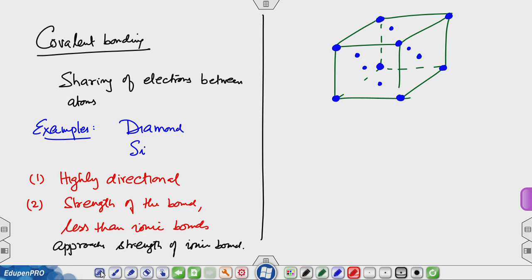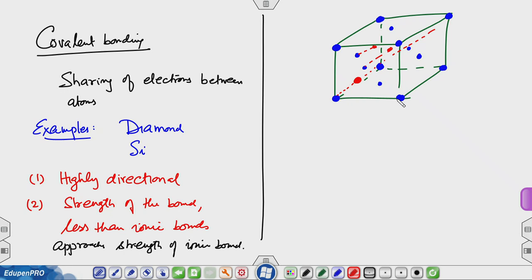So, we have the other lattice which is shifted along the diagonal by 1/4 the diagonal distance. So, all these atoms have these shifted atoms,